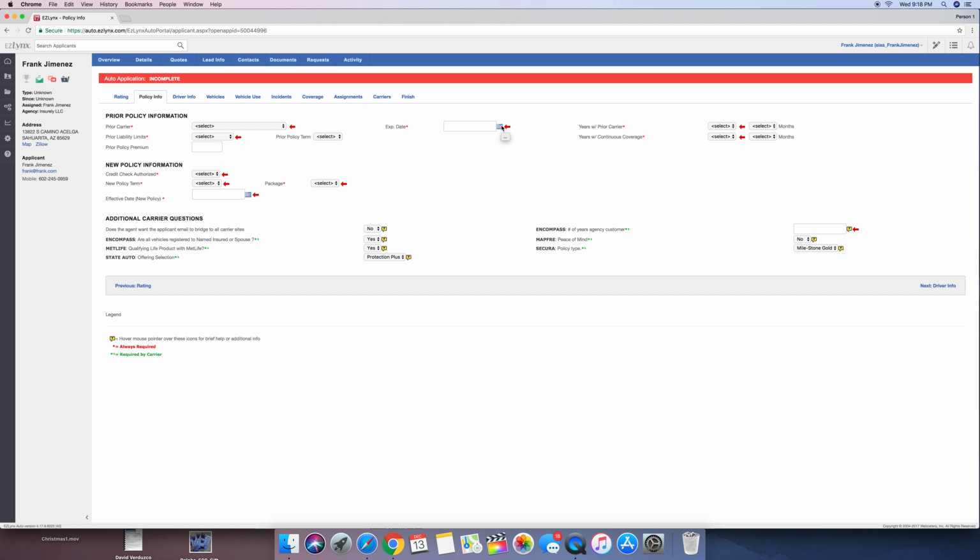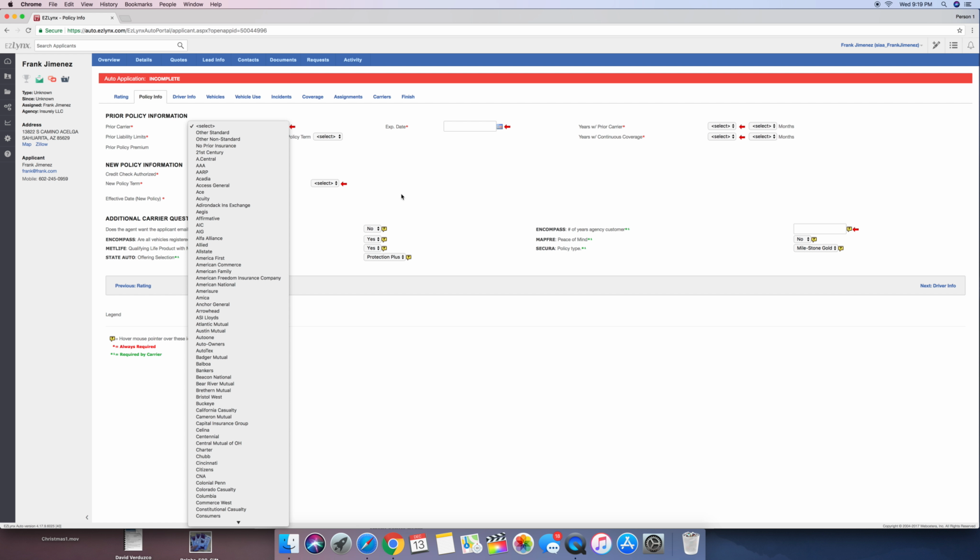So right here is where we start putting in prior information. So this system will not pull prior insurance. The carriers that we quote with will. So it's important that we ask them detailed information on the prior. Otherwise, we're going to get bad rates that spit out. So if you know that they have Farmers,